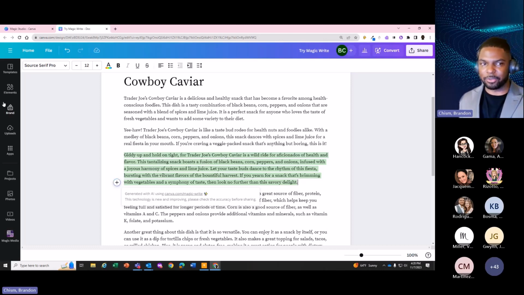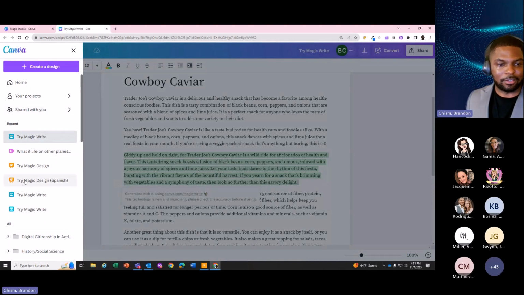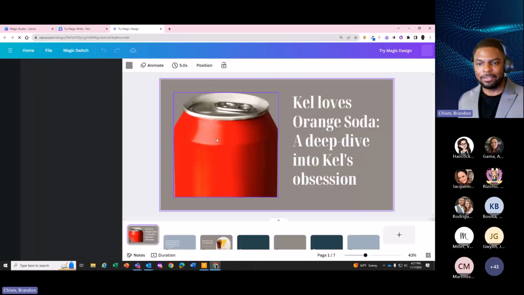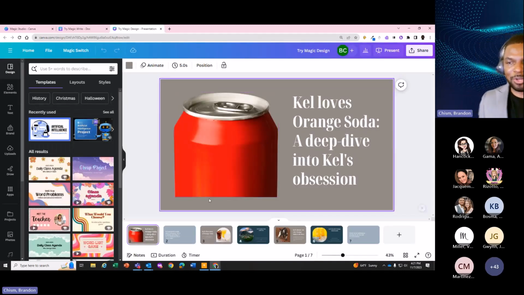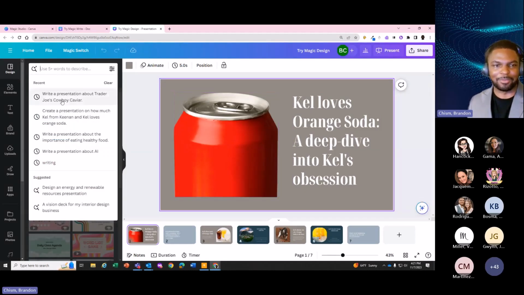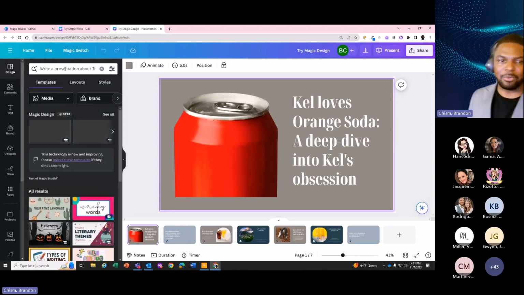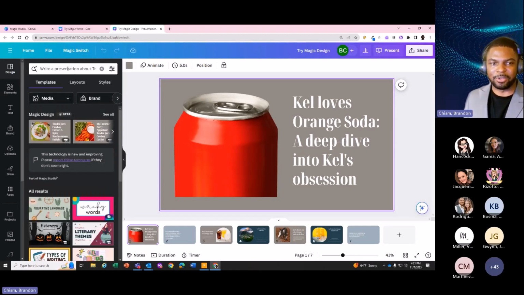But it also exists in other places like in your design. Try Magic Design. I think, let's see. So the first one I made was, this also shows that I'm a 90s kid. Keenan and Kel, I said I wanted a presentation about orange soda, like why Kel loves orange soda. But our theme is Trader Joe's Cowboy Caviar. So I just enter, write a presentation about Trader Joe's Cowboy Caviar into the search bar,